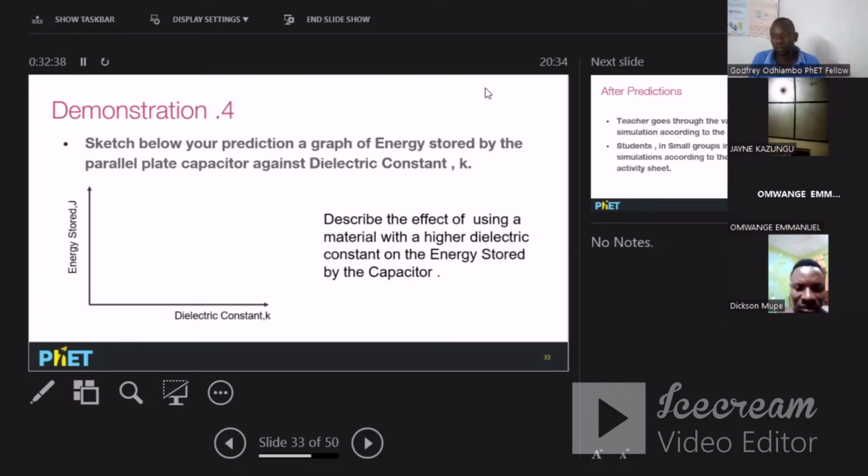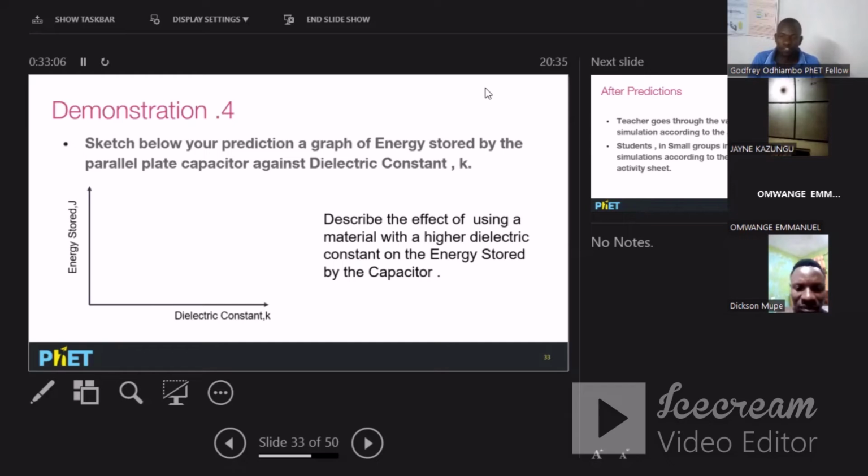Demonstration number 4: sketch below your prediction on a graph of energy stored by the parallel plate capacitor against the electric constant K. So in this scenario also, the students will give a prediction. They will share their prediction in groups, discuss if it is correct or not. Then either the teacher or the students will do a demonstration on the SIM